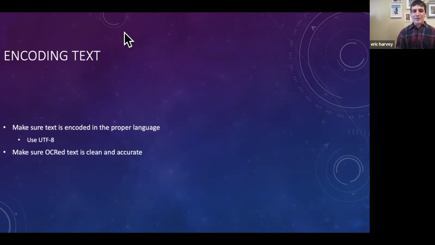Oftentimes there are misspelled characters, line breaks and spaces in the wrong places, and sometimes it will misunderstand a mark on the page as a punctuation mark or a character in a language that doesn't fit the rest of the text. So you get all sorts of strange artifacts. This is something you need to do when you're making a digitized text corpus in any event. So these two things shouldn't come as any surprise to people who work with humanistic data on a regular basis.